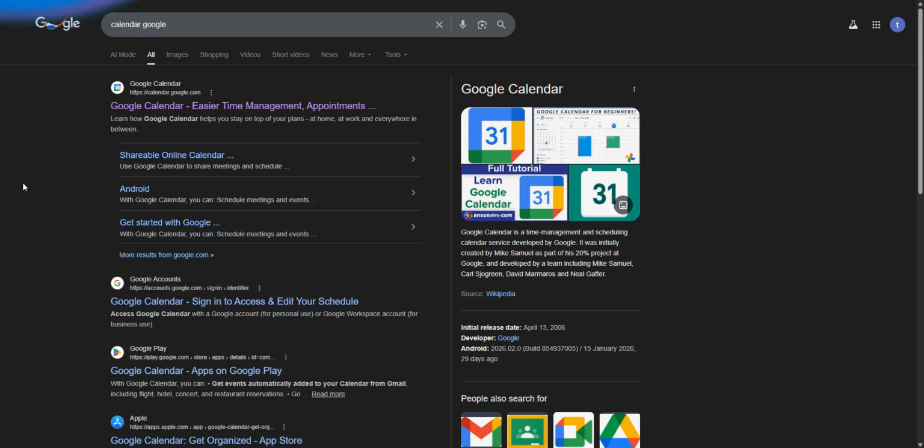Before we begin, a quick heads up. Deleting a calendar you own is permanent. Every event on that specific calendar will be erased and cannot be restored. If there's any chance you'll need those events later, consider exporting a copy of the calendar first, so you have